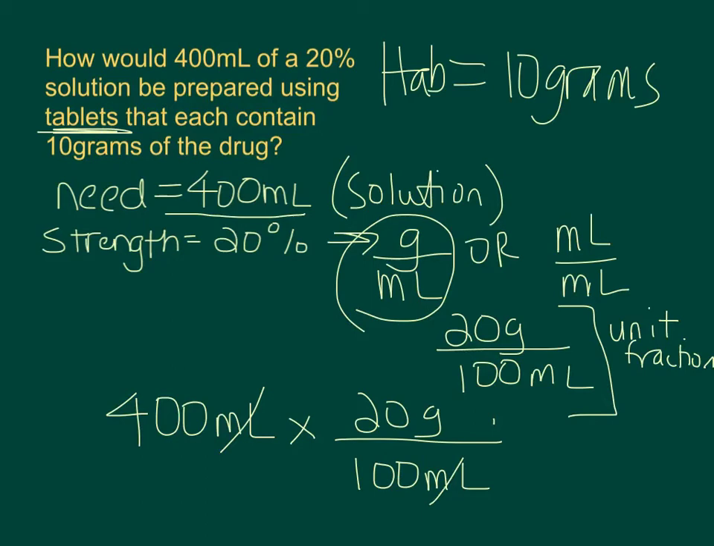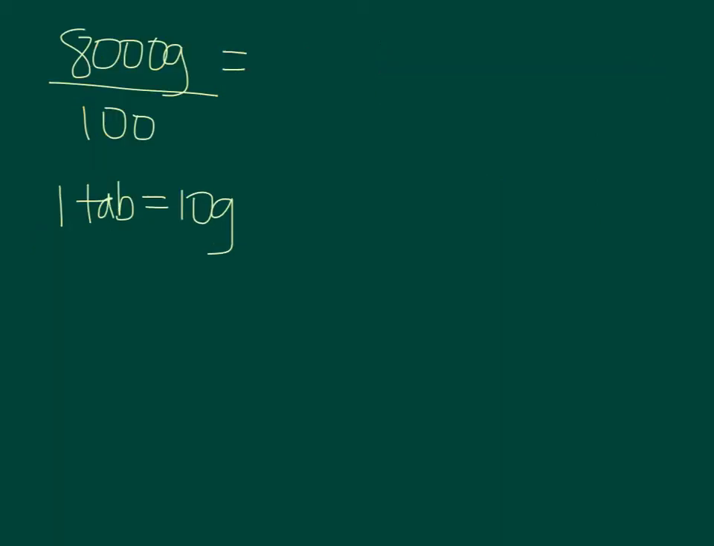So when I multiply 400 by 20, I get 8,000 grams over 100. Notice that the milliliters have canceled out, and that's what we want. We're interested in grams because we are eventually going to use that second unit fraction, as one tablet is equivalent to 10 grams. So dividing 8,000 by 100, we get